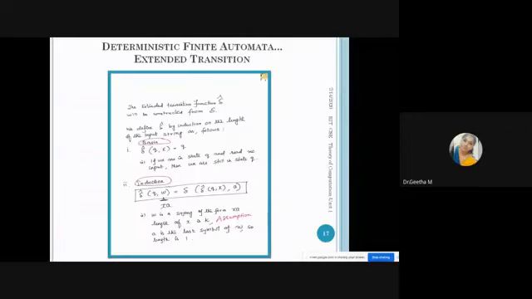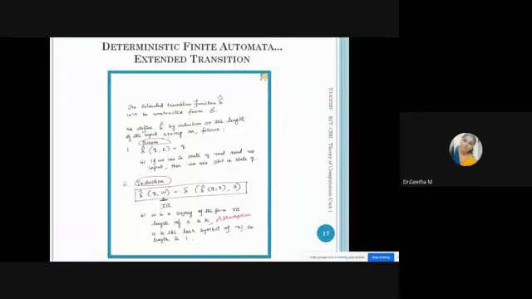But there is a procedure available in the textbook. That procedure is called the extended transition function of finite automata. It is given by del cap. Del is a transition. Applying continuous transitions is actually called the extended transition of your transition function del. So this is given by del cap. Now we want to mathematically define our del cap, the extended transition of finite automata.